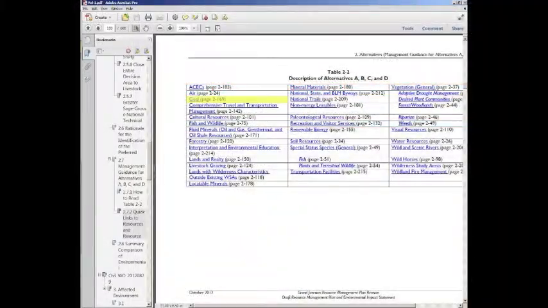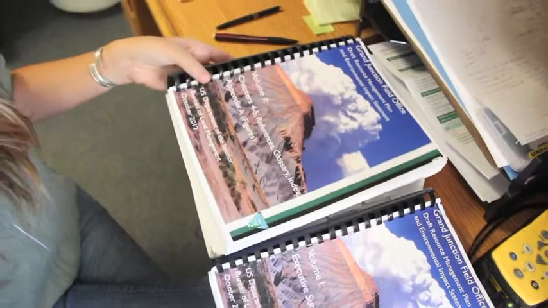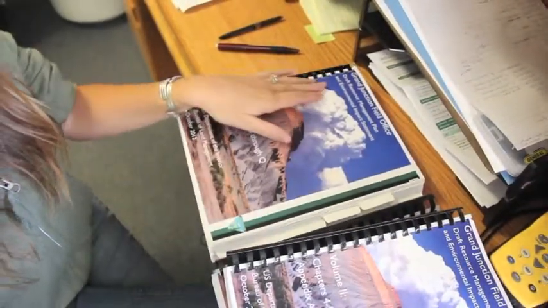Similarly, the coal, mineral materials, non-energy leasables, and renewable energy sections describe which areas are open and closed to those types of development and what development restrictions apply under each alternative. The locatable minerals section describes which areas would be petitioned for withdrawal from locatable mineral entry or new mining claims under each alternative. When reviewing the Energy and Minerals section, if you are interested in learning about specific stipulations that